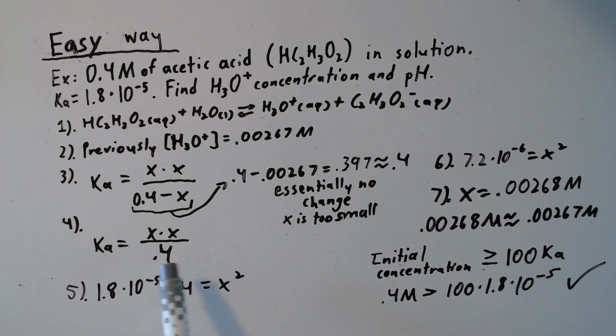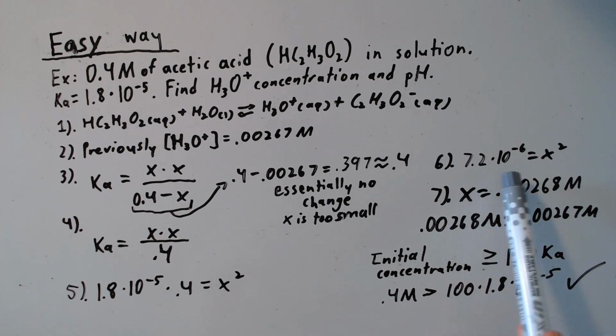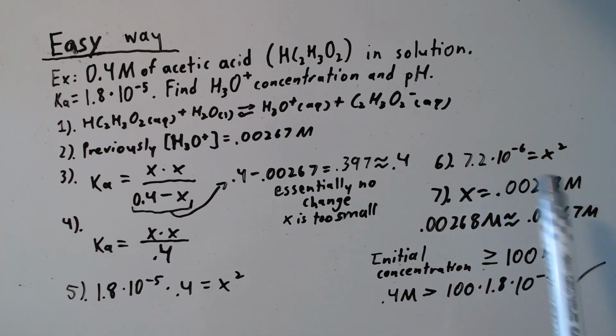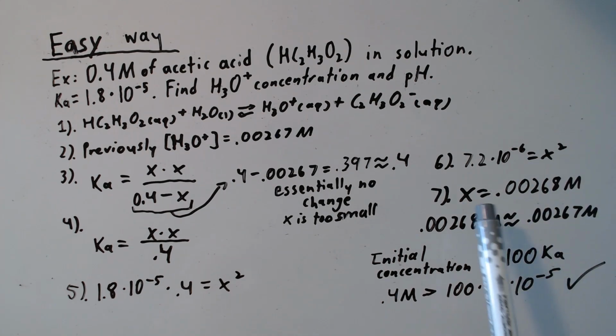All we have to do is multiply this 0.4 by the Ka, so 1.8 times 10 to the negative fifth times 0.4. And this equals the X squared. The X is on top. And we get 7.2 times 10 to the negative sixth after that, because 1.8 times 10 to the negative fifth times 0.4 is 7.2 times 10 to the negative sixth equals X squared. Then we square root the 7.2 times 10 to the negative sixth to find the X. And the X would equal